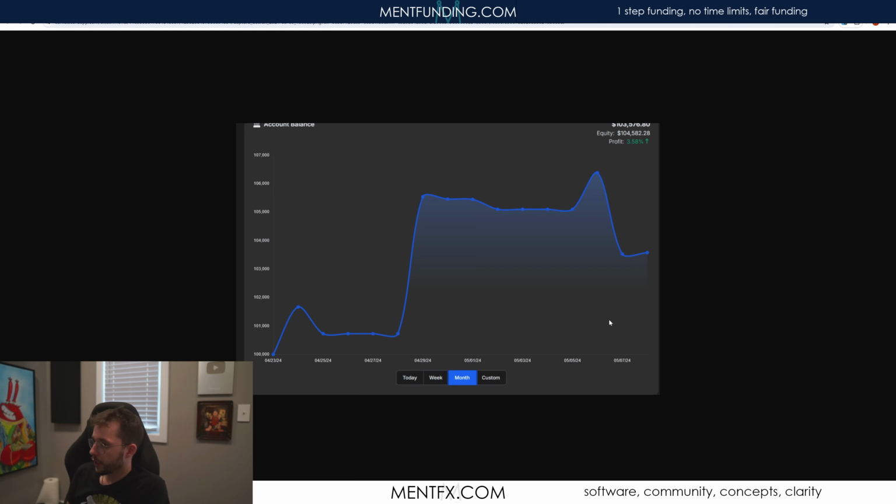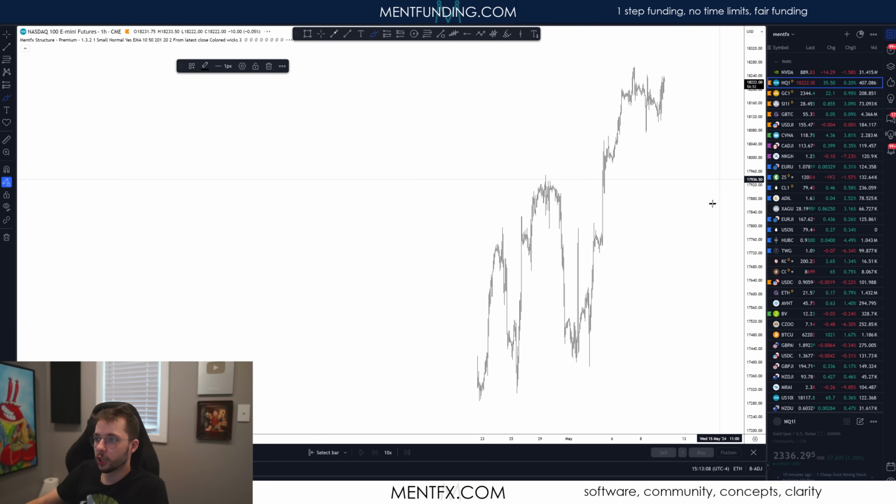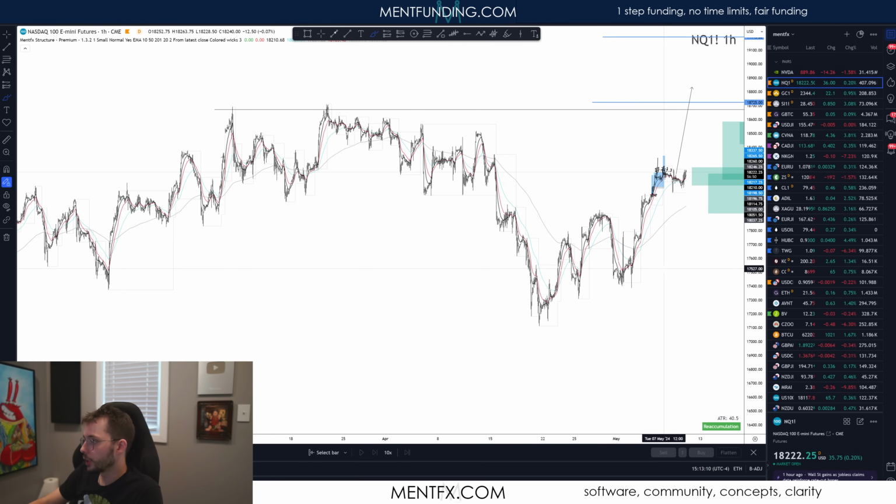Because the beautiful thing, so first of all, let's go disadvantages. The disadvantage of your system is that even when you get it very right, you're not going to make a lot of money. That's the sad part, right? Even when you get a market correct like this one, you're making 3R, 4R, whatever it is.